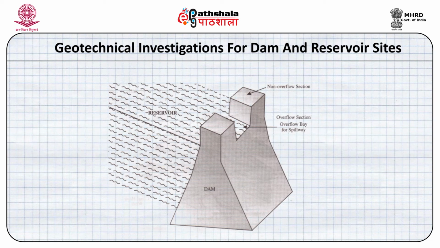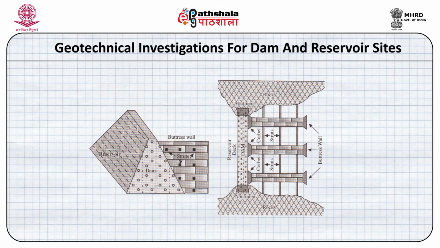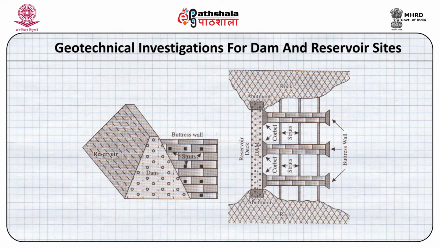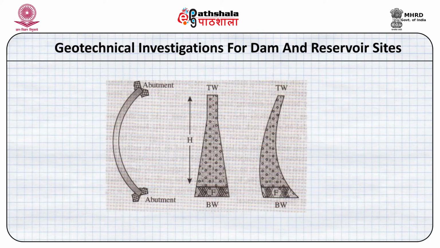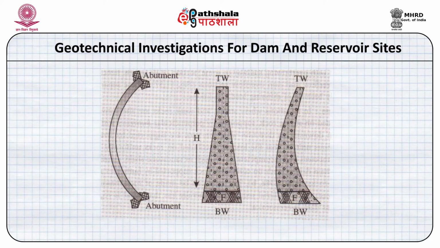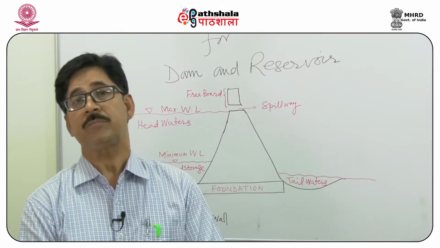Buttress dams are made when we have alternate strong and weak rocks. Then the main structure, main dam is made on the strong rocks, and then it is supported by cross walls which are called buttresses. Arch dams normally are made when we have very high thrust of water from the reservoir and the curve is made upstream so that the water thrust is deflected towards the abutment. So in arch dams we have to have not only strong foundation rocks but also strong abutment rocks.